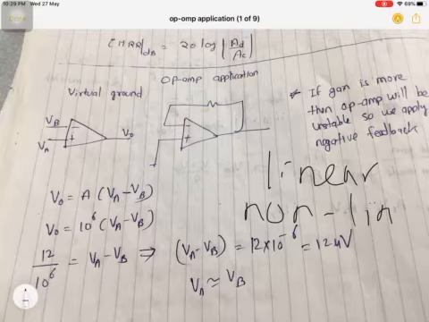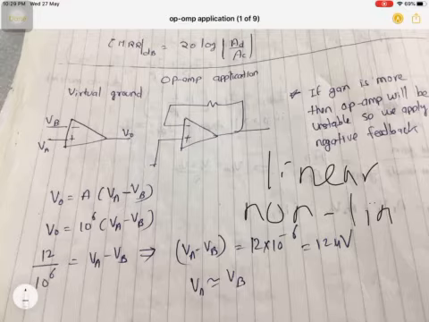Now, before going into this, let me narrate a situation. Suppose you have an amplifier whose voltage gain is, let's say, 1000. 1000 is a very small gain; generally the gains are in the order of 10 to the power 6 to 10 to the power 8. But assume we have an op-amp whose gain is 1000, and we are given a 1 volt signal. We have to calculate its output, where 1 volt is the differential voltage.